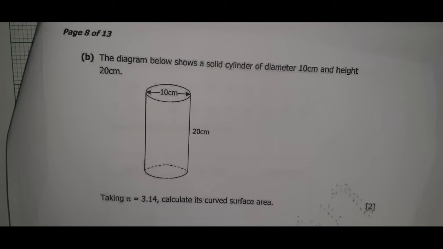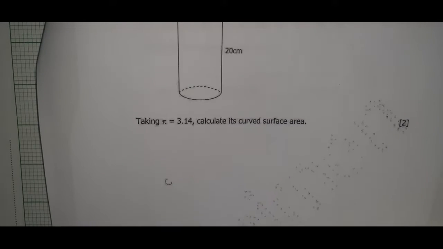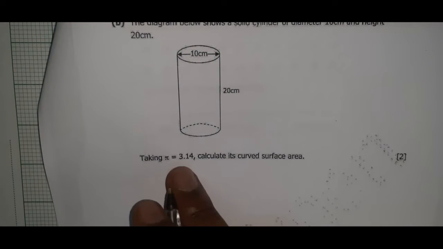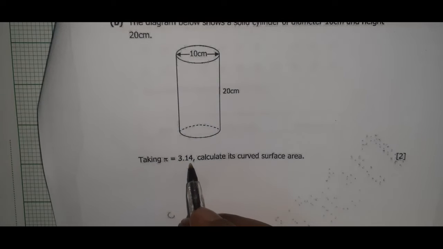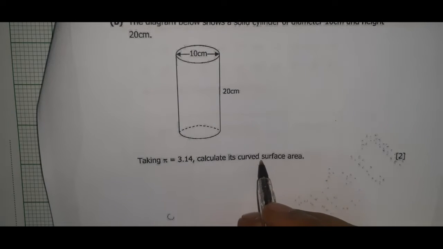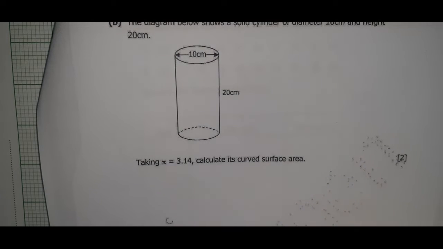So we have question B. The diagram below shows a solid cylinder of diameter 10 centimeters and height 20 centimeters. So taking pi as 3.14, calculate its curved surface area. Its curved surface area. So it's important that you know that